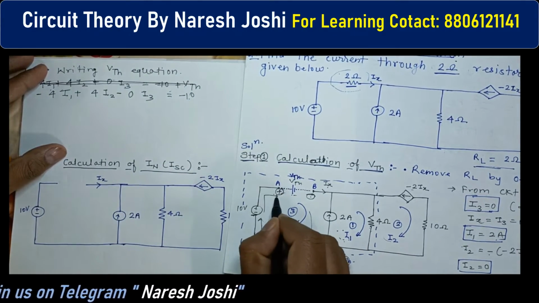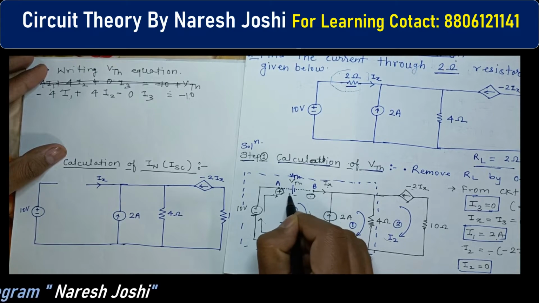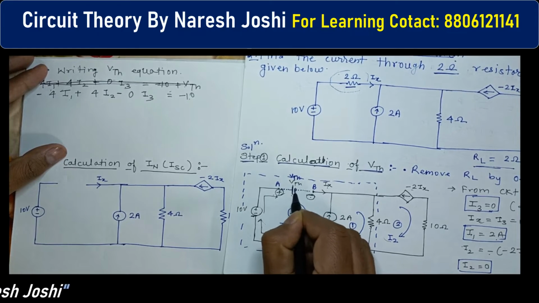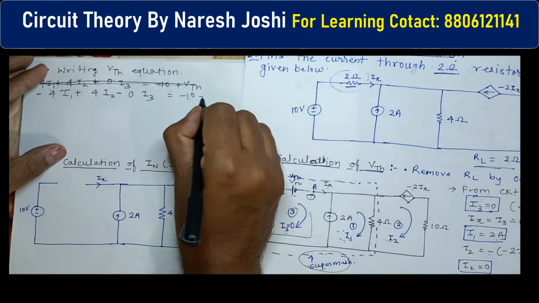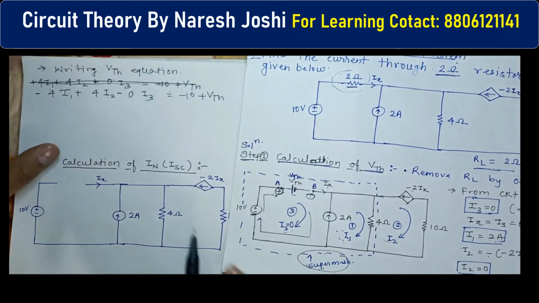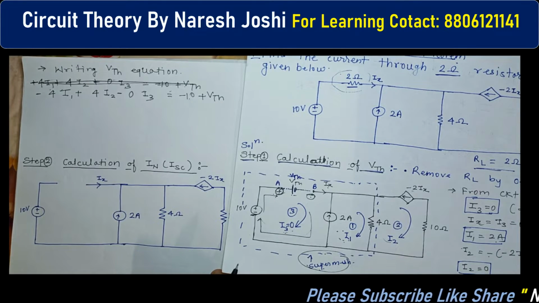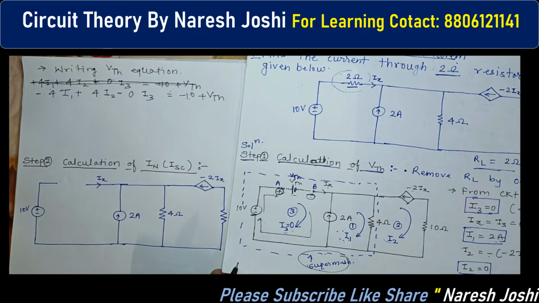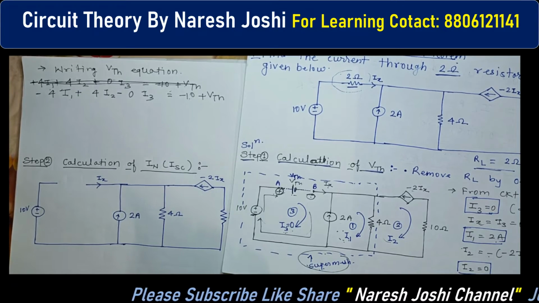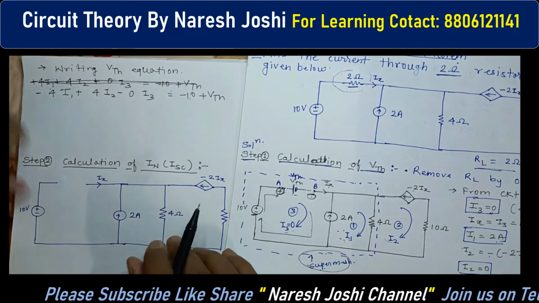Then we will move in this direction. So here is the VTH. For this VTH, this sign is plus and this is negative. So the initial is plus first. So we will write plus VTH. Simple. Clear? So this is the way how you can write the value of the current. Okay. Now next you can see.